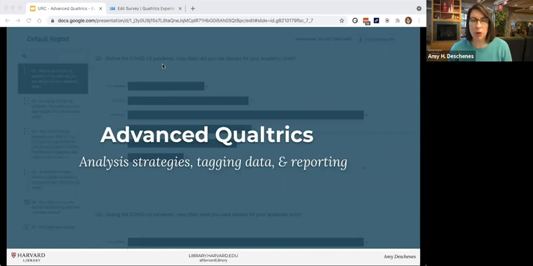But I started using Qualtrics a lot more in the last year and a half to do all of the reporting work. Rather than downloading the data to Excel or a Google Sheet and manipulating it there, I really took the time to dig into the tools that are built into Qualtrics, and they're super useful. Definitely a little bit of a learning curve, but hopefully today's presentation will help with that.